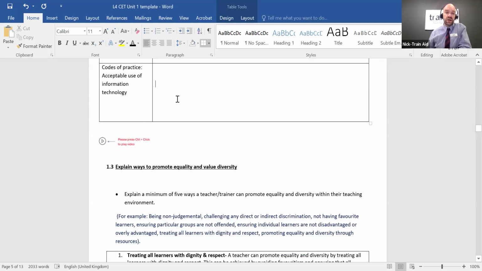Another key factor is codes of practice. There are many different examples here, but acceptable use of information technology. This type of code of practice is all about the way in which we use technology. So mobile phone use, the internet, and whether or not we're allowed to use perhaps mobile phones within the classroom.